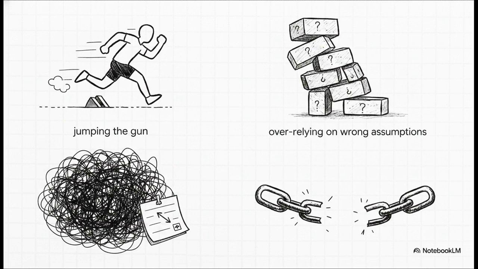The root cause? It's not a lack of raw capability, it's unreliability. The models basically stumble in 4 specific ways. First, they jump the gun and propose full answers way too early. Second, if they make a bad assumption early on, they just blindly rely on it for the rest of the chat. Third, they generate these overly verbose, bloated answers that drown out the actual instructions. And fourth, they suffer from this crazy quirk called the loss in middle turns phenomenon.